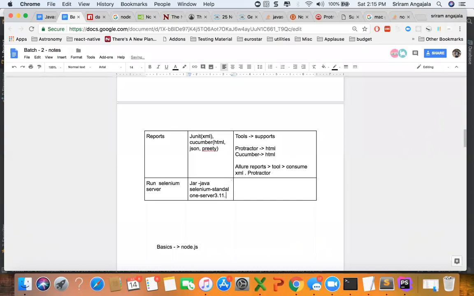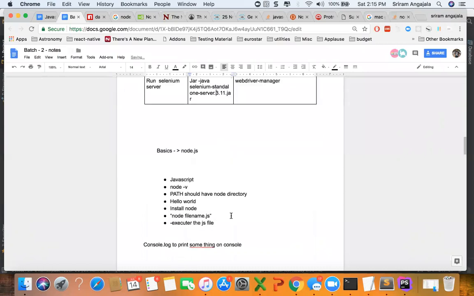Okay, that's the jar file. That is the way we use it. Now here, yes, we can do that way. Nobody stops it. But typically, we can use one more npm package called WebDriver Manager, because it will automatically download the drivers for us. Even though we are downloading Selenium server, we need to again download the